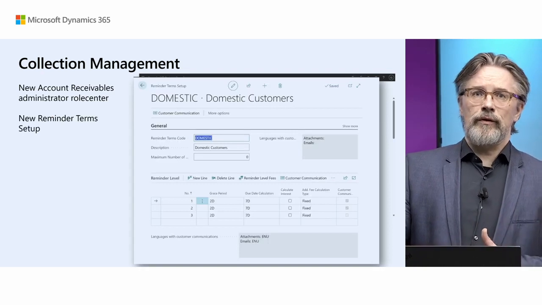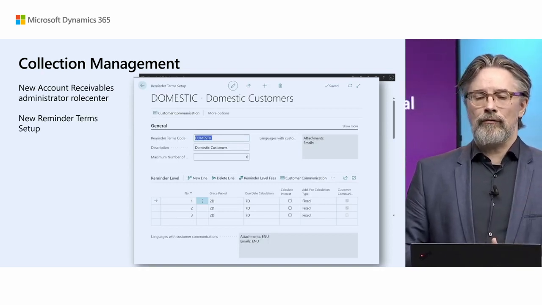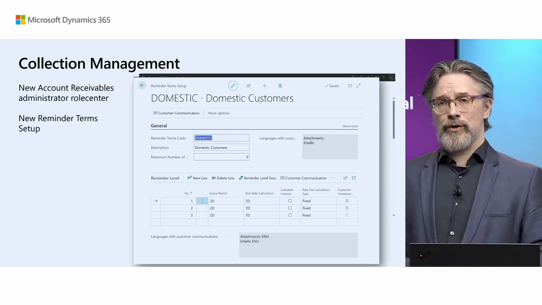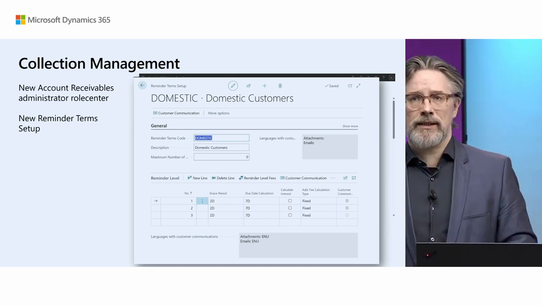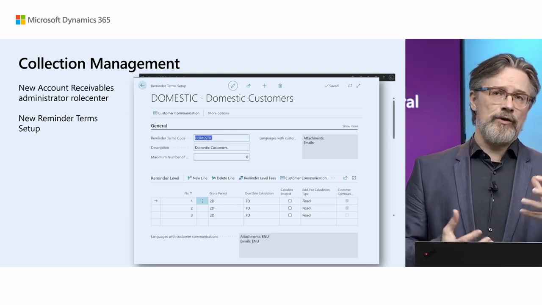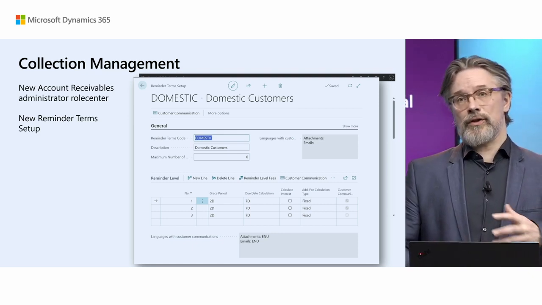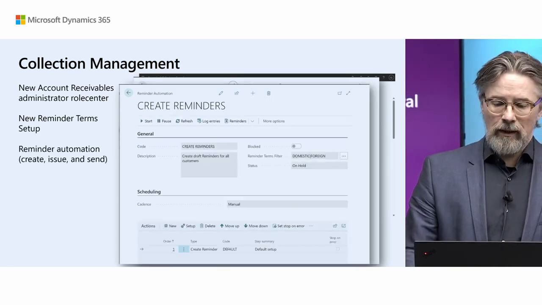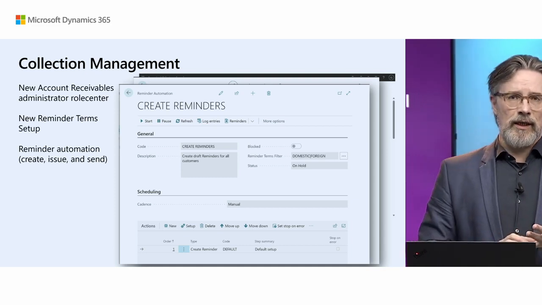We've also improved the process of sending out reminders. We've improved how you set up the terms, especially around tailoring the email text when you're sending out reminders, because maybe you want to tailor them to the first email that you send out versus the last email you send out to ask for payments. But that is all good. You get better overview, you get a better setup.